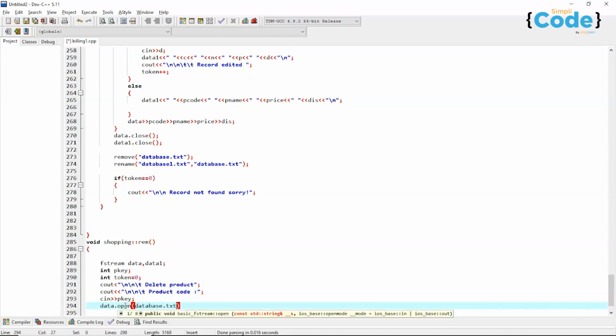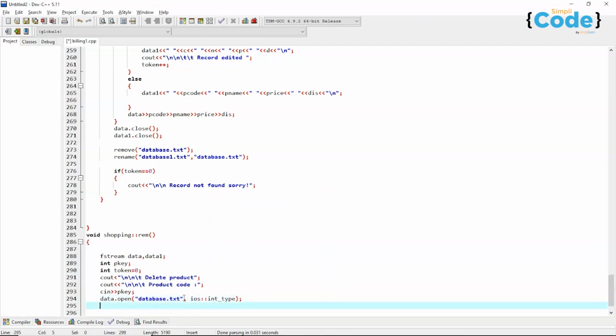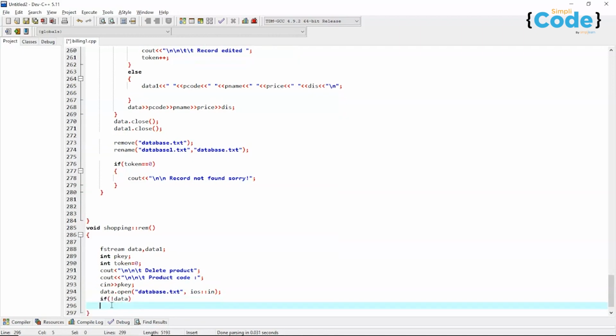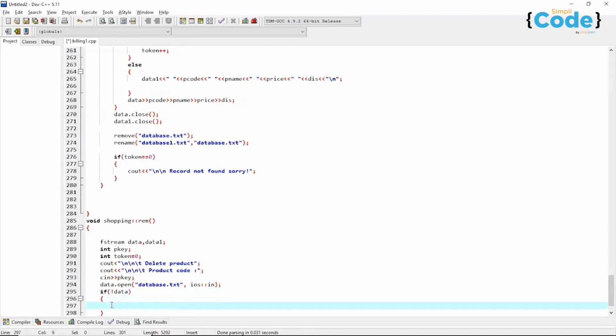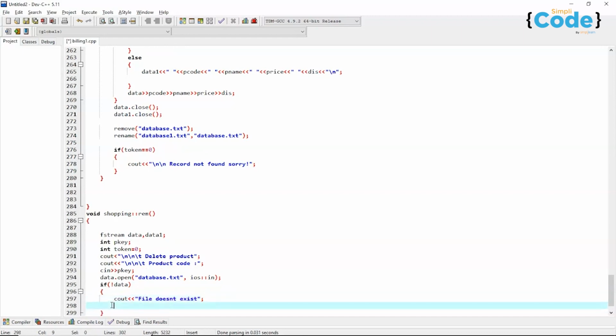Now data.open database.txt. We are opening this file in reading mode, and then we will check if this file exists or not. So here we will write if not data, then inside we will display file doesn't exist. Alright, now in else block,